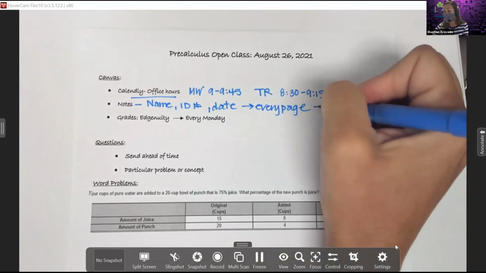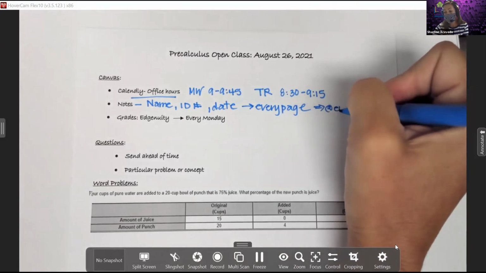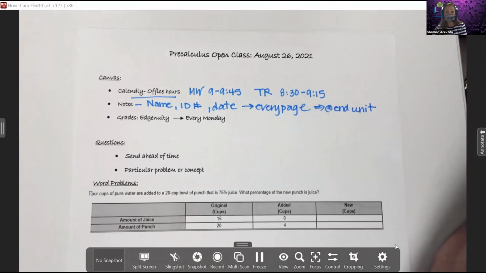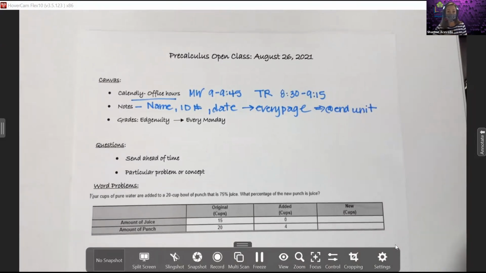And you only need to send them in at the end of the unit. So don't send them in after you finish one lesson. It's at the end of the unit when you're ready to take the test, and I'll use that to unlock your test. There are guided notes. You can choose to use guided notes. Some of you guys aren't quite sure, how do I access the guided notes? So if you want to go ahead and access those guided notes, you would need to go into your